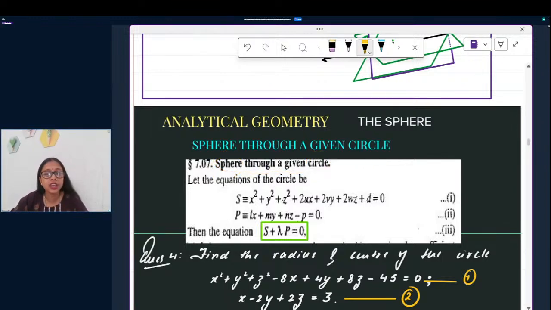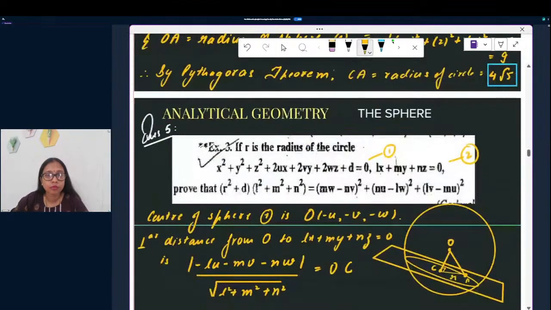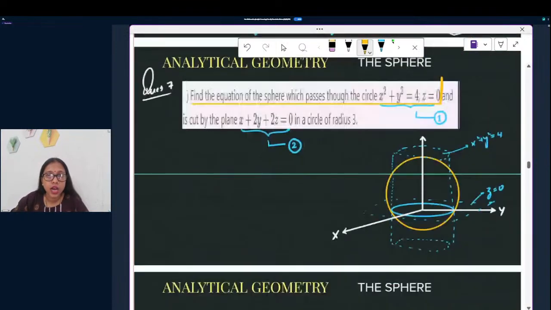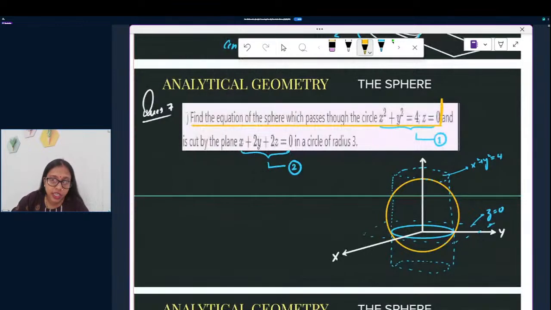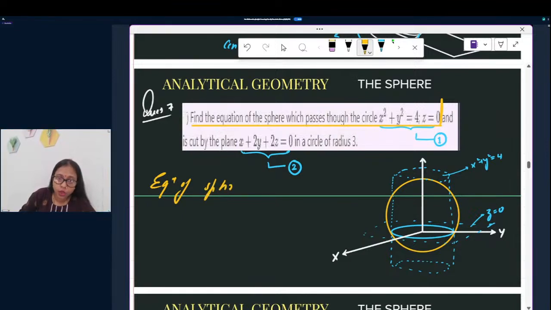So similarly, a circle over here is given as the intersection of two solids in three dimensions. So a sphere passing through it will be given by the equation of a sphere through circle 1, which is